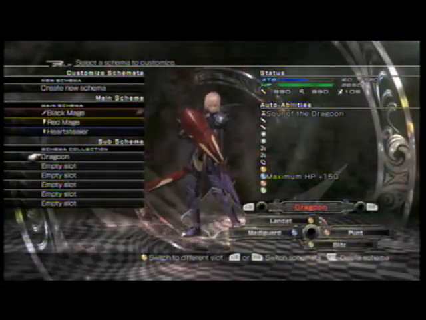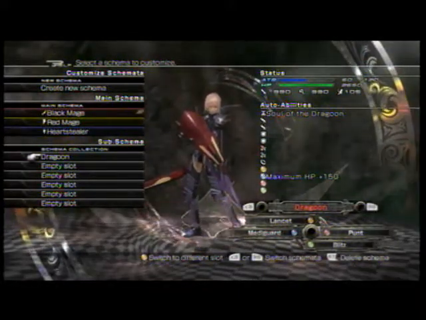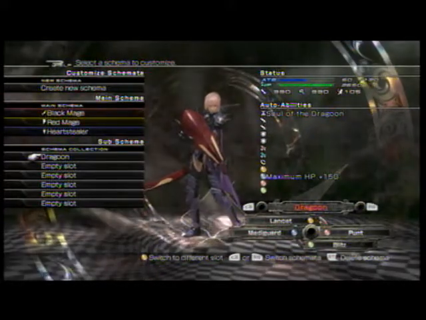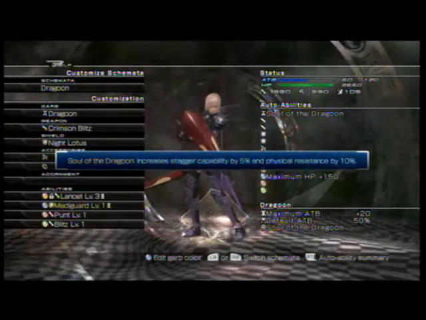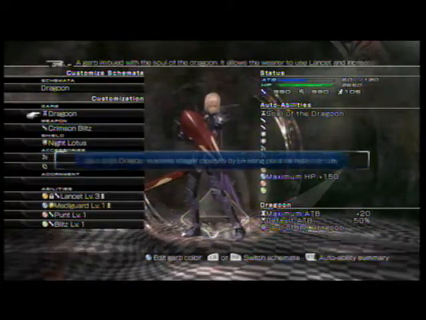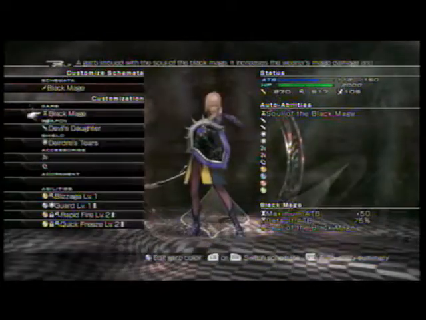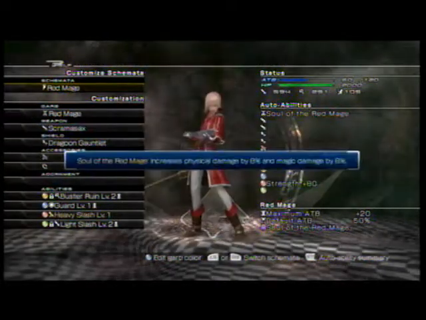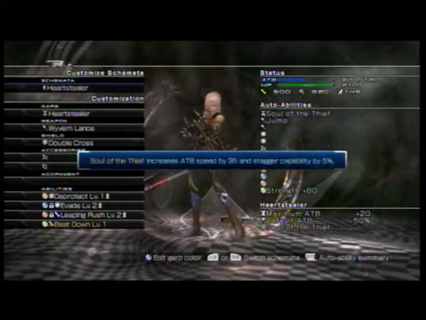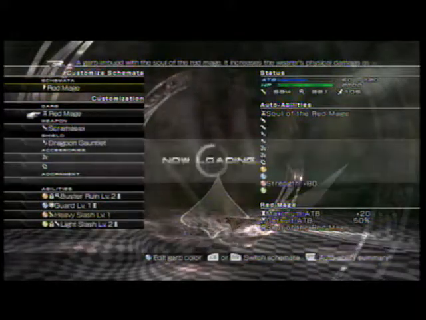These are actually a secondary. I don't include the Equilibrium or the Dark Muse because they are essentially inferior. The Dragoon comes with extra stagger capability and increased physical resistance, which makes it very good for a tanking form. The Black Mage, on the other hand, has increased magic damage and more max ATB. The Red Mage boosts physical damage and magic damage, and the Heart Stealer gives you that extra ATB speed and stagger capability. The Equilibrium and the Dark Muse are both blank, so there's not much reason to use them except